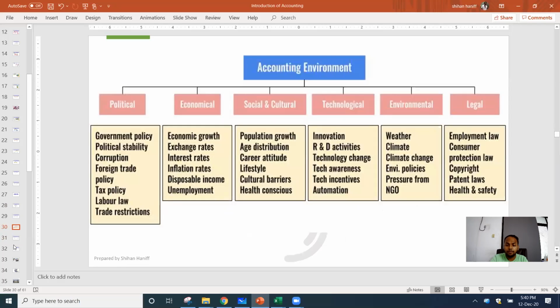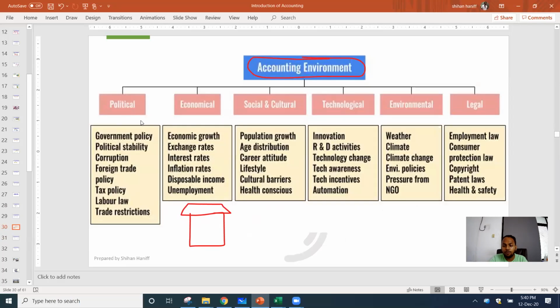So how is the environment affecting the business? I'm not going to explain the entire thing. For any business organization,